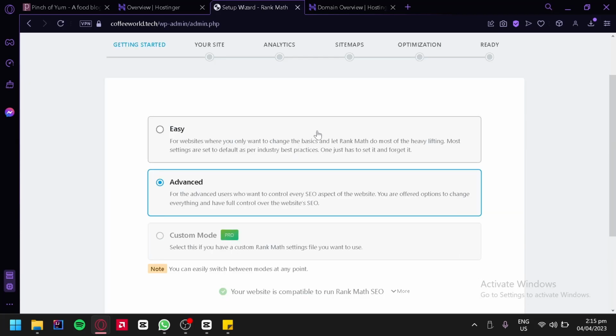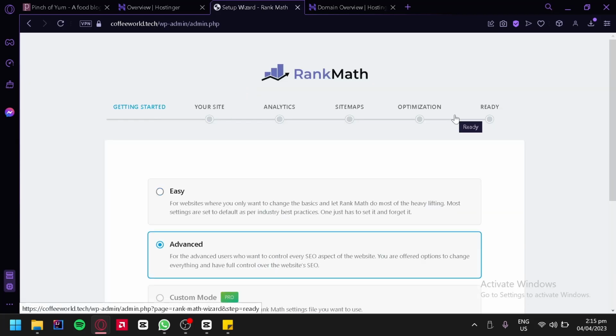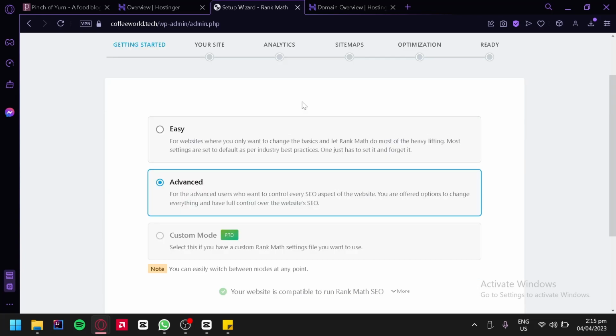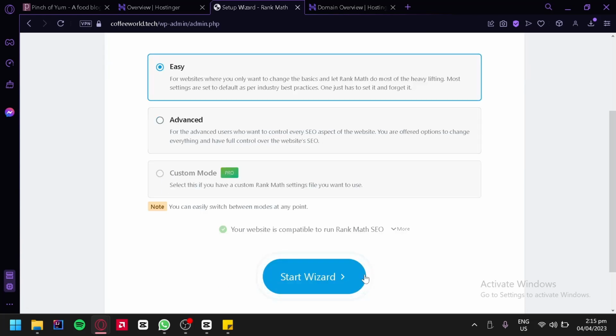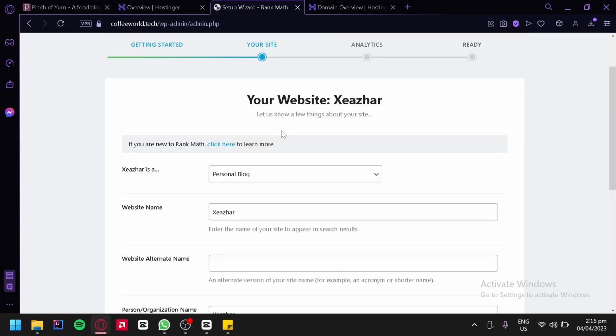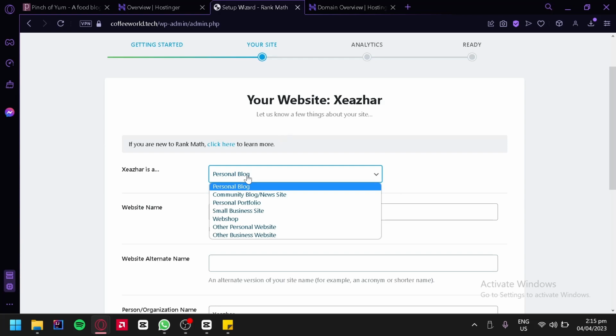And now we would need to do the series of steps to finish setting up our Rank Math account. Now over here, it's going to ask us if we are an easy user, advanced user, or a custom mode, but this is for pro. Right now we're simply going to go with easy, which would allow us to change basic settings and let Rank Math do most of the heavy lifting. After that, we're going to click on start wizard, and over here we're going to choose our information, which is